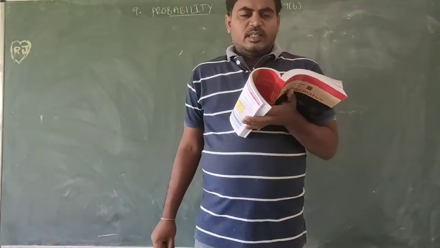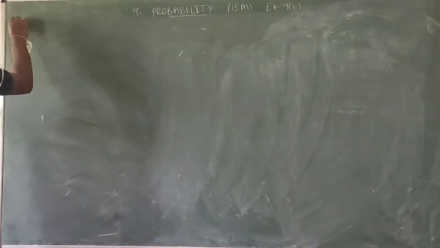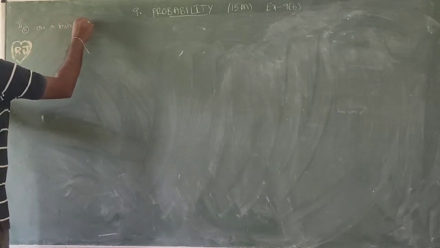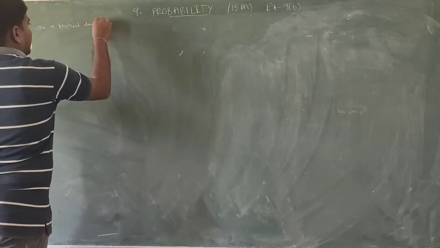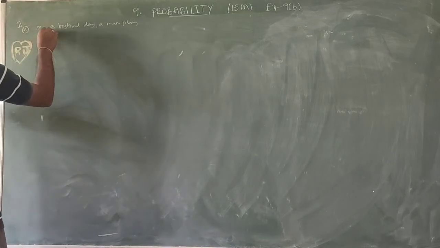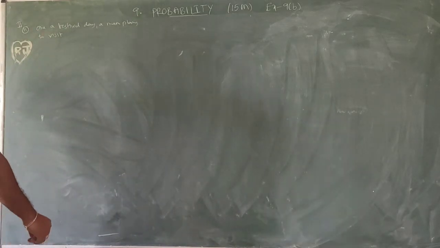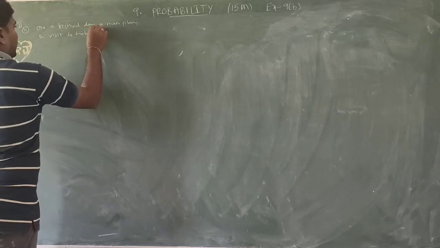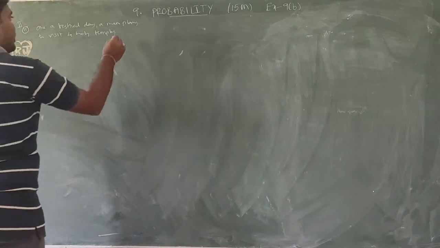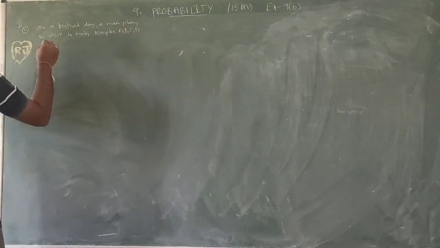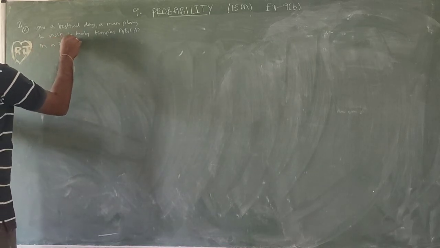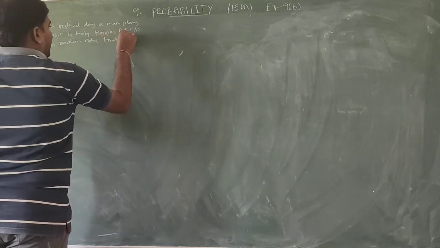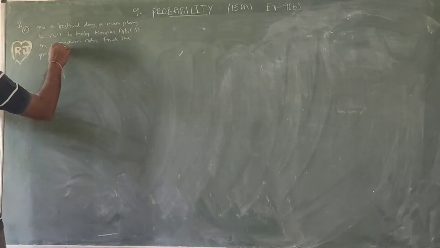So this is the next, 11th question. On a festival day, a man plans to visit 4 holy temples A, B, C, D in a random order. Find the probability that